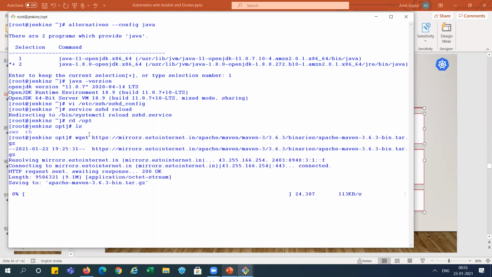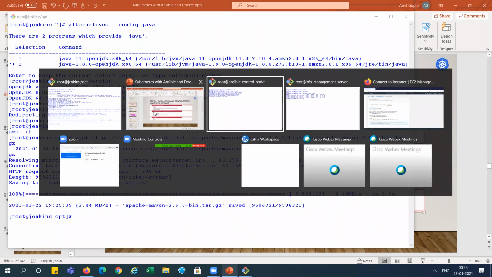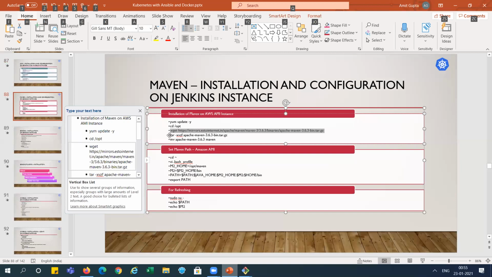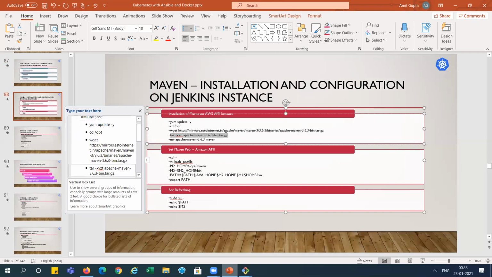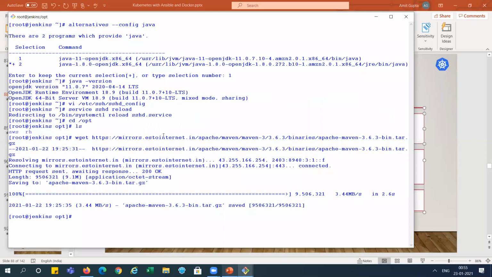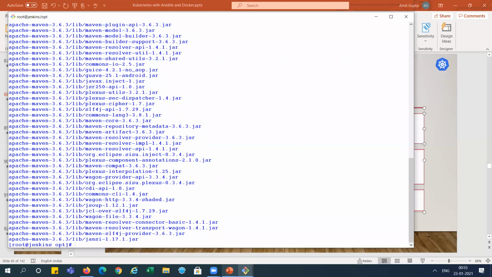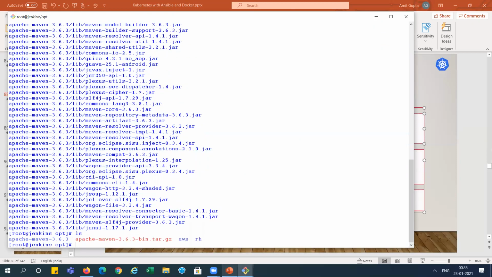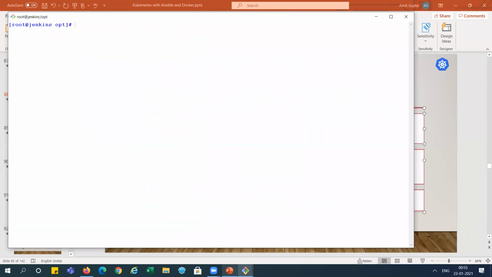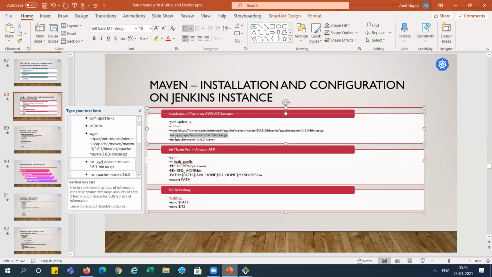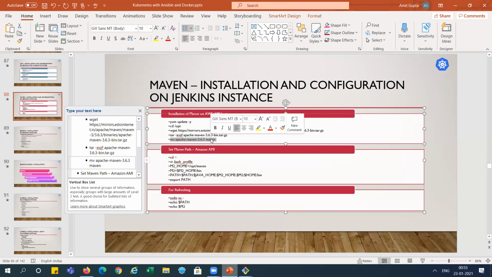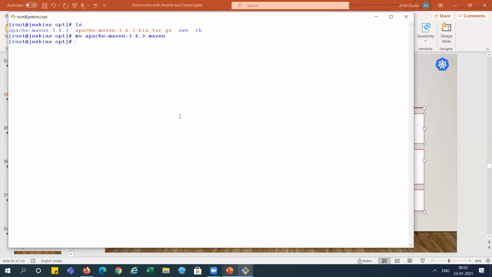We are getting the tar file, and after getting the tar, we need to unzip it. Now we need to rename it to Maven. It is done. You can see this Maven folder is created, right?